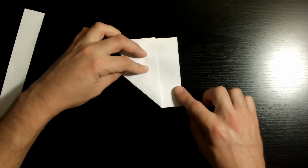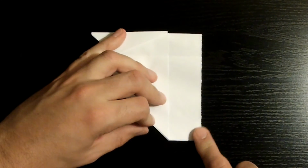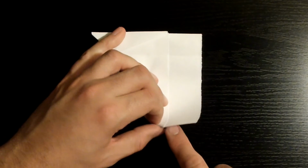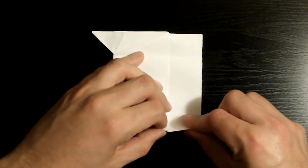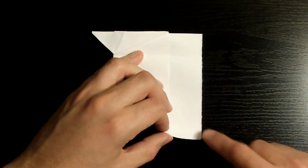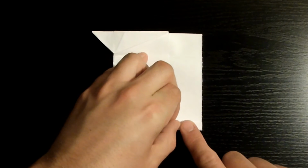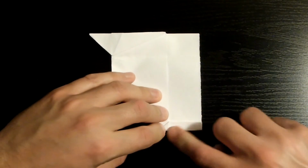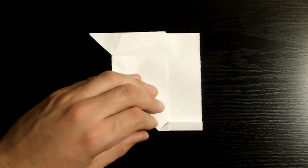Okay, so once it's nicely creased, yours should align just like that. And what we want to do next is grab these two bottom flaps. So these two, not just one, two of them. And we want to fold them upwards, making sure that this edge aligns nicely with this edge. So we're only going to be folding them about 1/4 inch. Make sure to get them as identical as you can, because if you don't, then your airplane will fly a